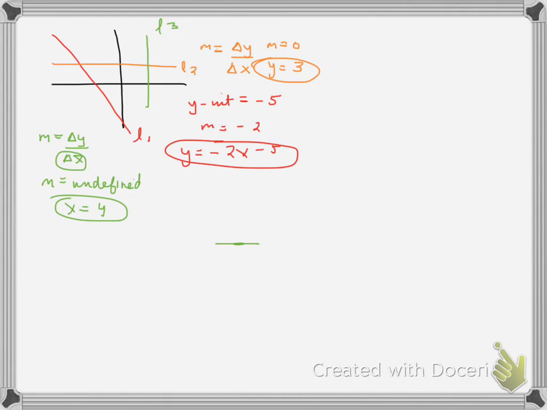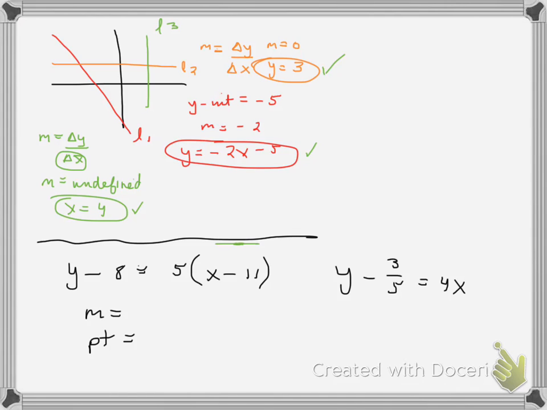So we've talked about how to look at a graph and be able to write an equation for a line: a sloped line for the first one, a horizontal line, and a vertical line. Okay, looking at the oral practice,